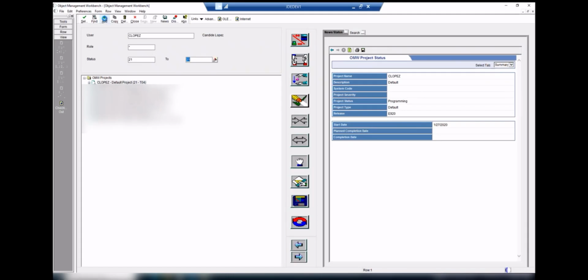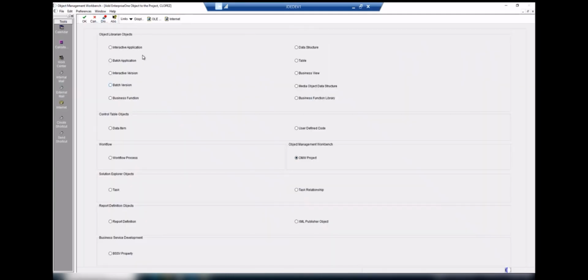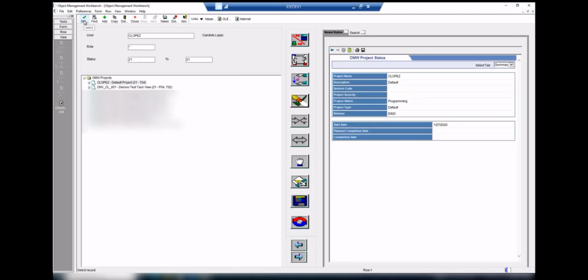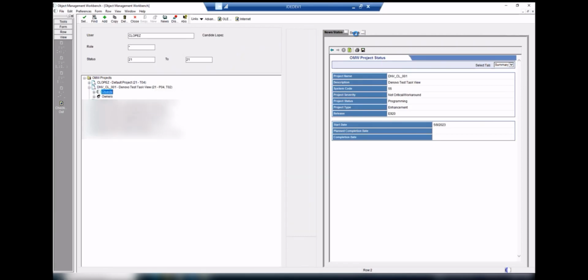So I'm going to click Add. It will be a new OMW project. I'm going to call this DNV_CL_001. You'll use whatever your traditional naming conventions are. And this is not a training for how to create an OMW project, so I'm going to go very quickly through these steps. Now that we have our task project itself, I'm going to go to the search,